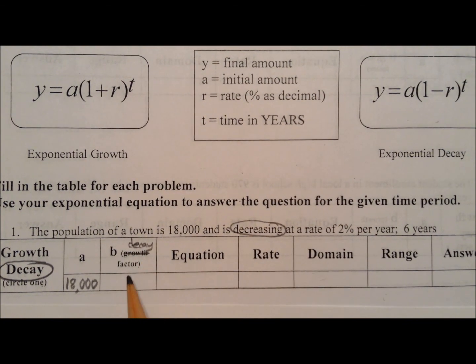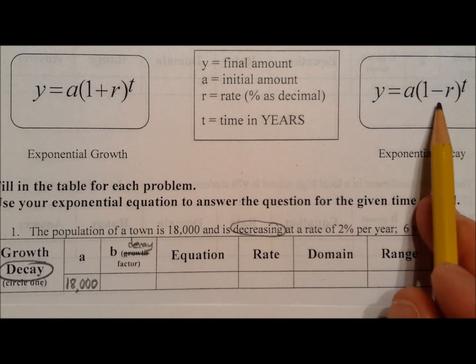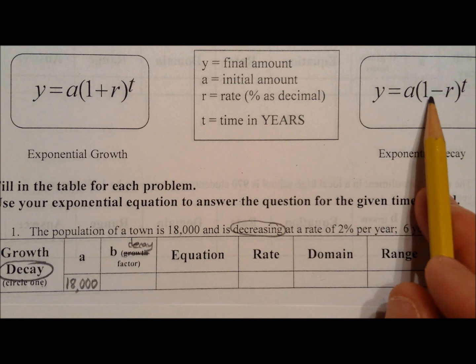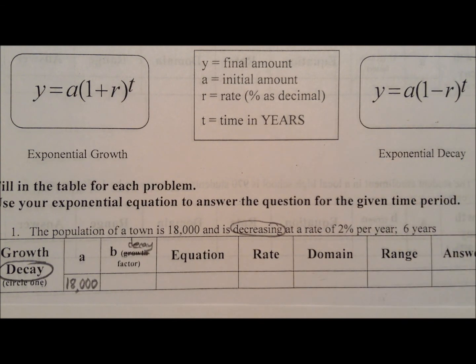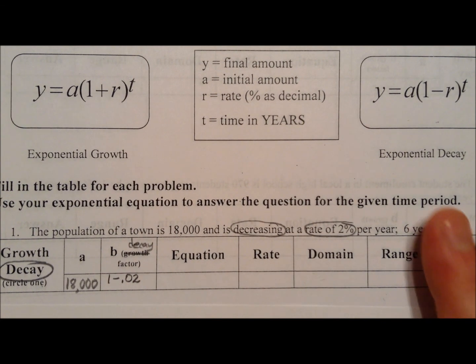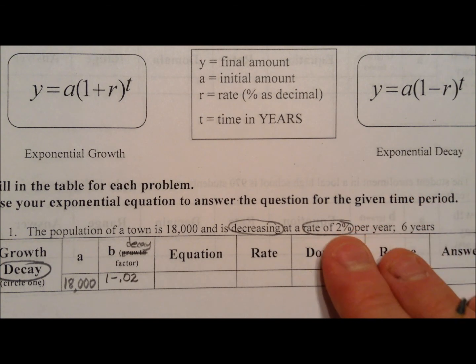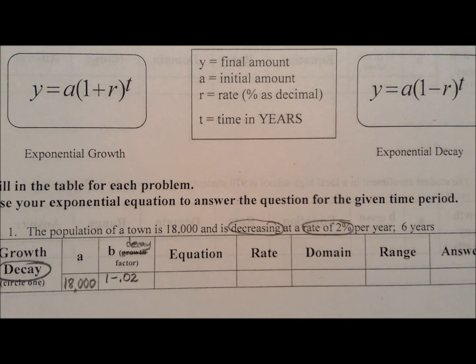So it's a decay factor, and so what we're going to do is we're going to look over here and say, all right, well, what's 1 minus my rate? My rate is 2%. So I'm going to do 1 minus 2% written as a decimal. Remember how to change your percents to decimals? Divide by 100 or move the decimal 2 spaces to the left. So if I do that, I actually have 0.98